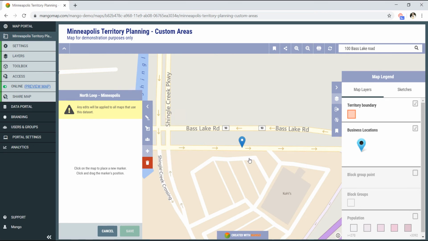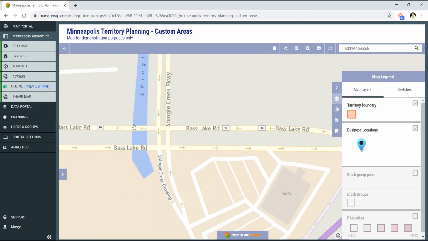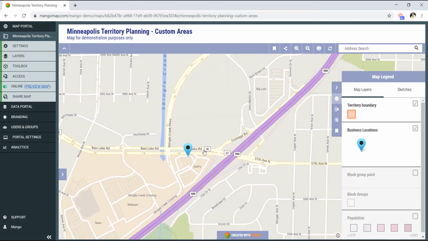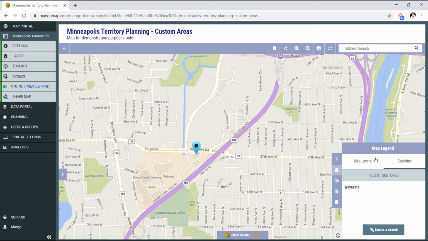I'm going to add the new marker there. I'm going to give it a name. And that's going to save the new pin. Now if I want to draw a territory that's 3 miles around this location, what I'm going to do is go to my sketch tool,